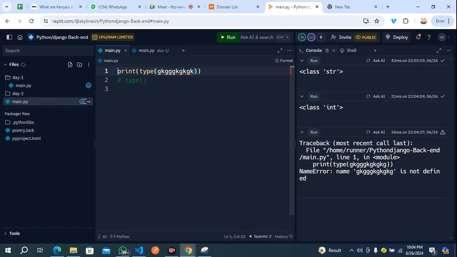Now, if you also decide to use, okay, let's use 3.60, 3.23, and then let's check the type of this. And when it comes out, you notice that we have a type of float. So this is how Python handles different types of objects. I want you to know today that every object in Python belongs to a particular class. That's why you are seeing this class here. So it belongs to a particular class.